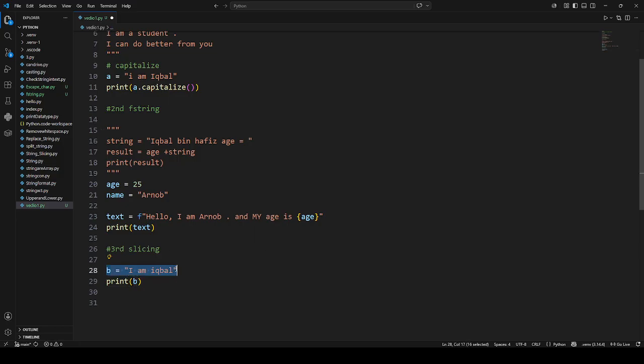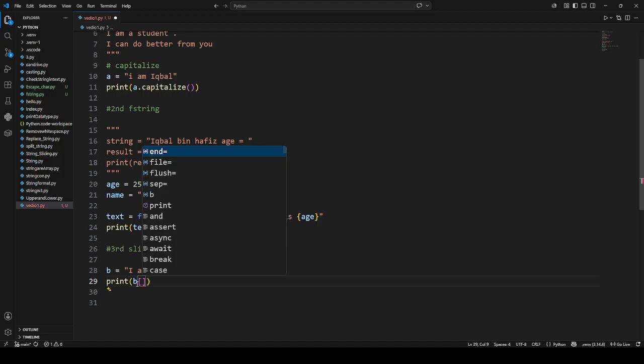So just remember, string is an array, and the array starts from 0. So I is at 0, then space is 1, then a is 2. So we have to start from 0,